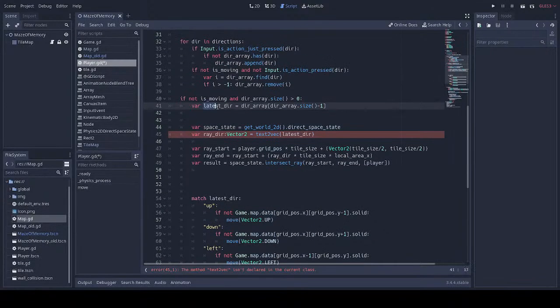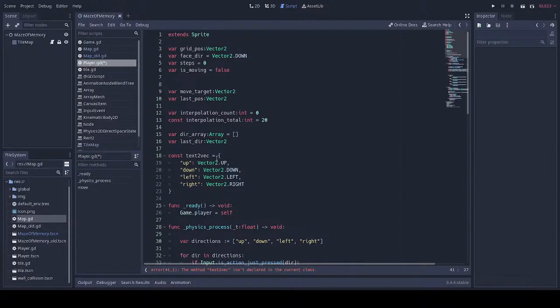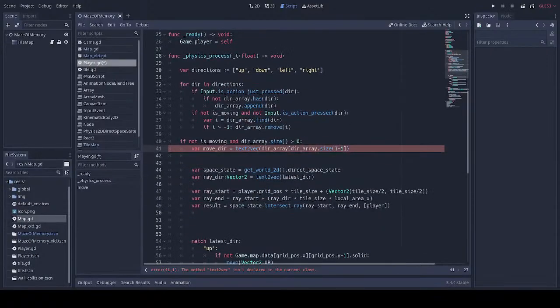Okay, instead of storing this as a variable, let's do array direction, or like move direction. Something like that. Text2 vec is not declared, it should be. Oh, it's not a function, it's like,